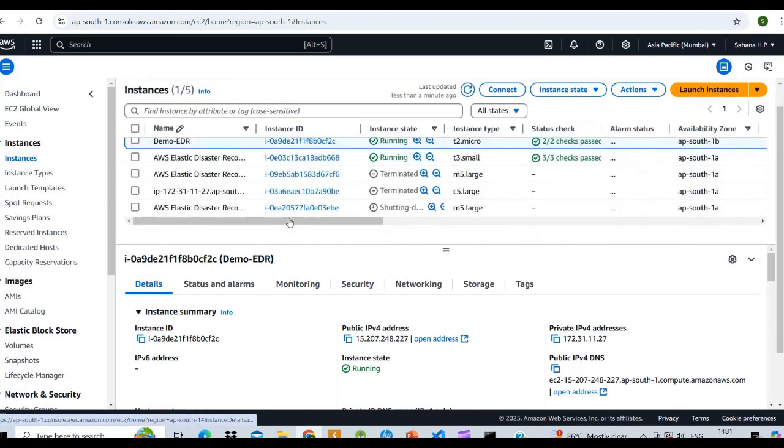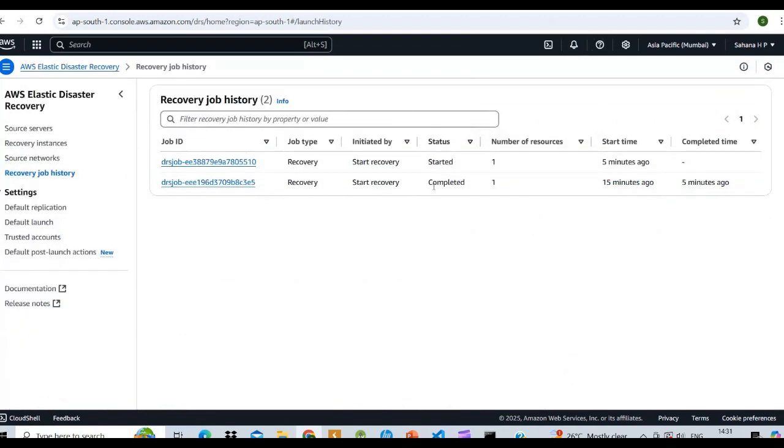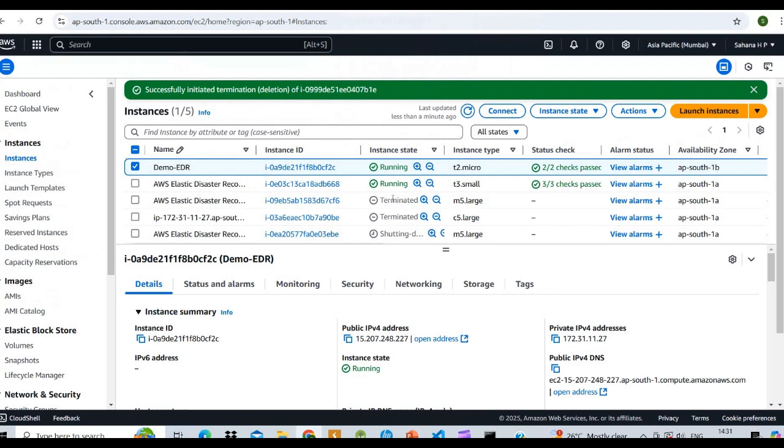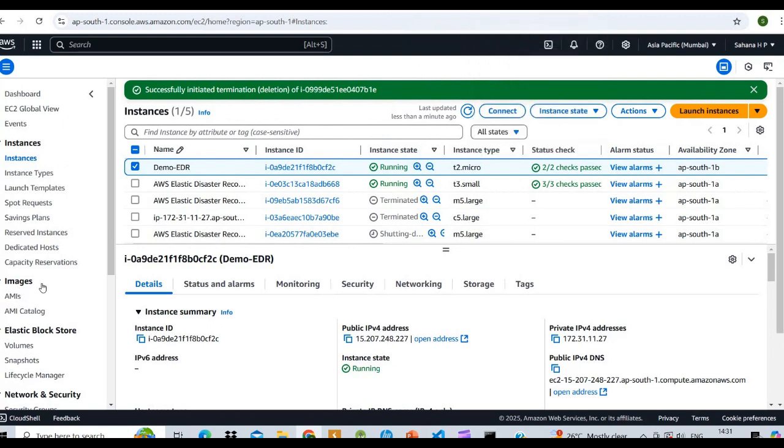Here we can see the AWS Elastic Disaster Recovery. It started and it's terminated also. Here we can see it's in the completed state, that's why it's showing terminated. The next thing is to go to the snapshots.